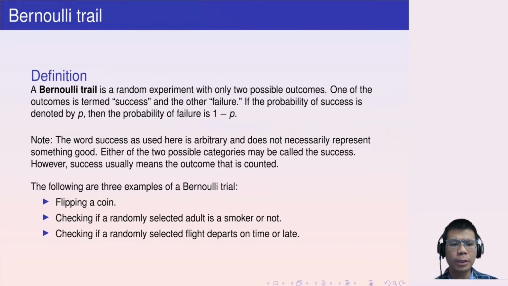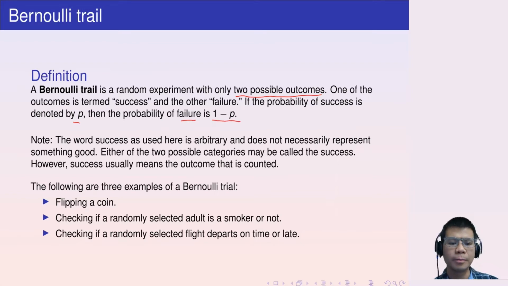Before we talk about the binomial distribution, we have to talk about the so-called Bernoulli trial. So what is a Bernoulli trial? A Bernoulli trial is a random experiment with only two possible outcomes. We say one of the outcomes is termed a success and the other is a failure. If the probability of success is denoted by P, then the probability of failure is going to be